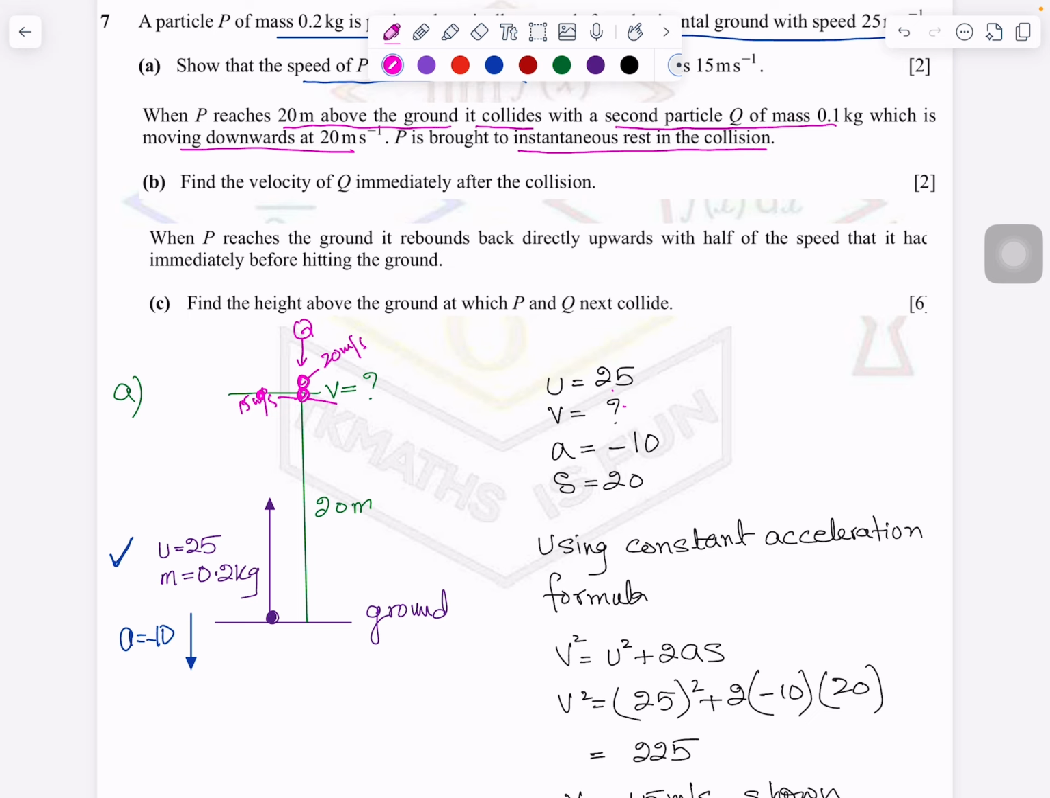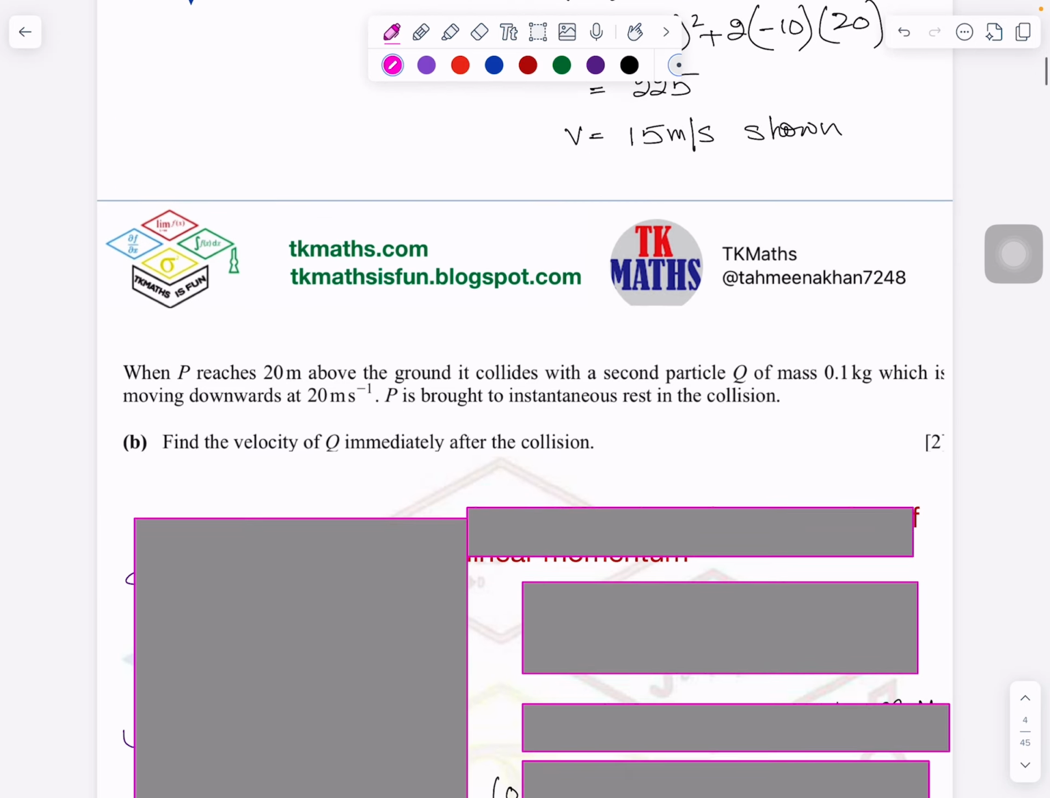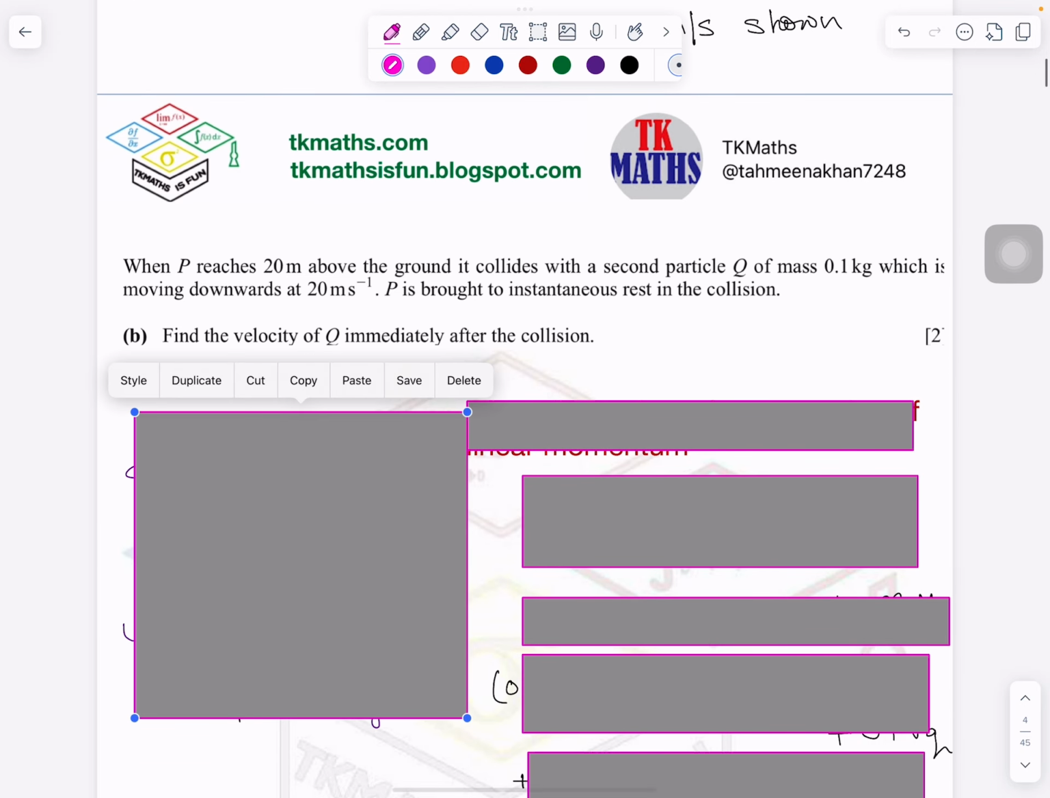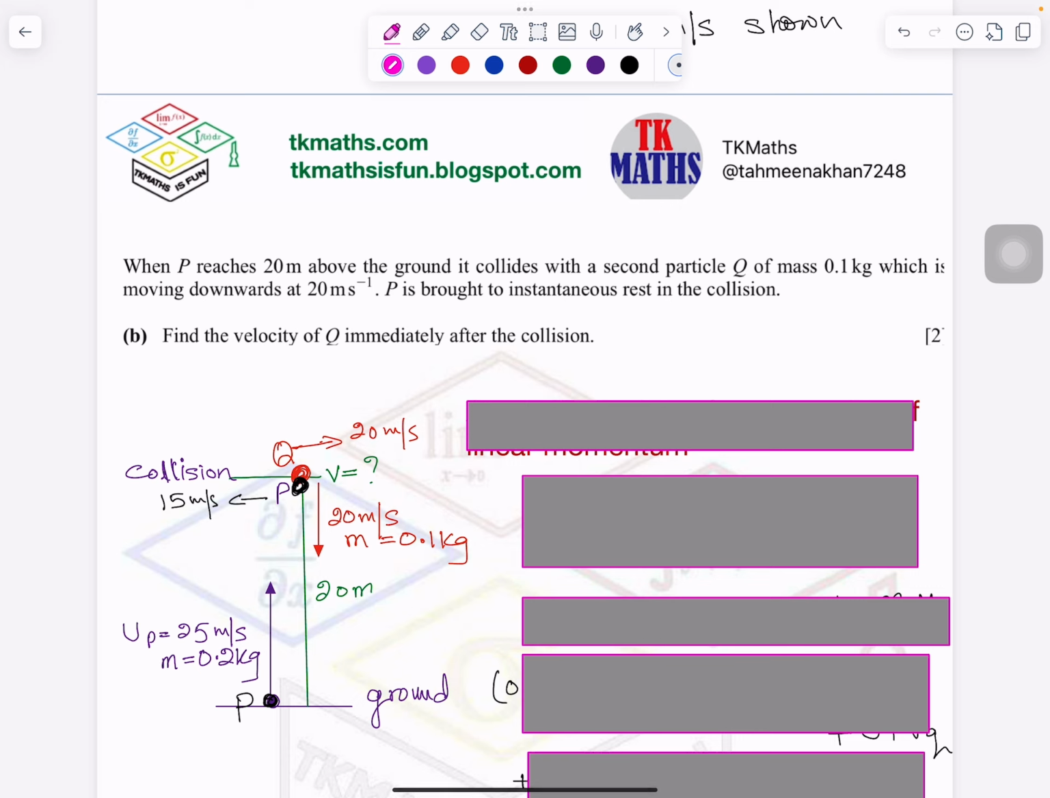That we will find out in part B. The situation you understood, right? So let's draw the diagram first of all. I have explained the meaning of the question, so what I wrote here, I have written here. Now we will apply the concept of linear momentum, the law of conservation of linear momentum, which says